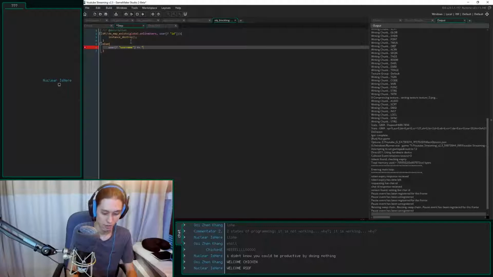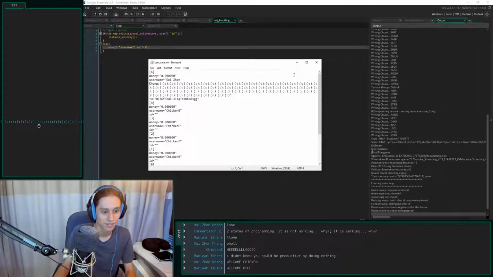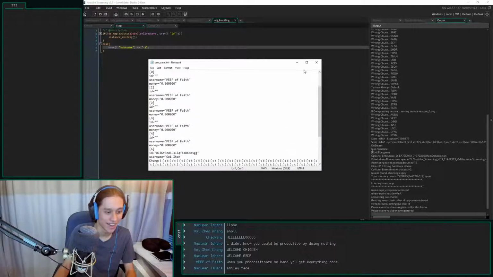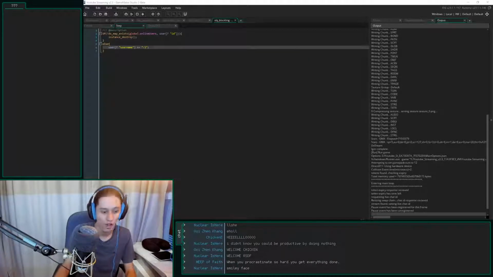I'm going to add a smiley face onto the username. Let's see what happens when I do that. So now when I save things, I should get a bunch of smiley faces. There we go. That's great. So I can modify it. And then, yeah, if you have a blockling up there, it will modify your username to just start spamming. Wait, let's see if it does it again. Someone send a message.